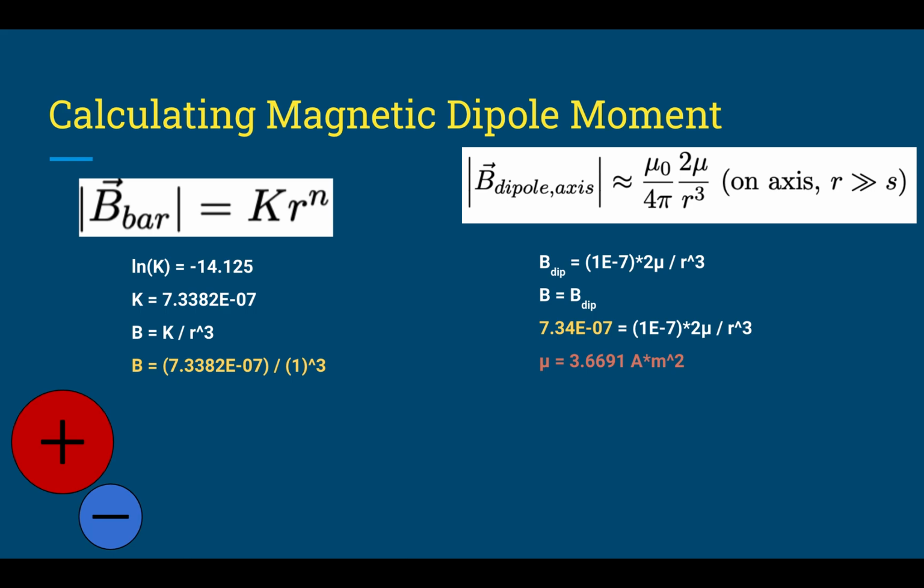So we know that the natural log of k is -14.125, so doing e raised to that number will be k, so that's 7.33, and we're able to use that in our b bar formula. So we know n is 3, so that's going to be the denominator, and then our radius is just 1 because that's the y-intercept. And so we're able to take this value over, see how it's yellow on the left and yellow on the right, and compare it to the b dipole on axis, and we're able to calculate our magnetic dipole moment as 3.6691,